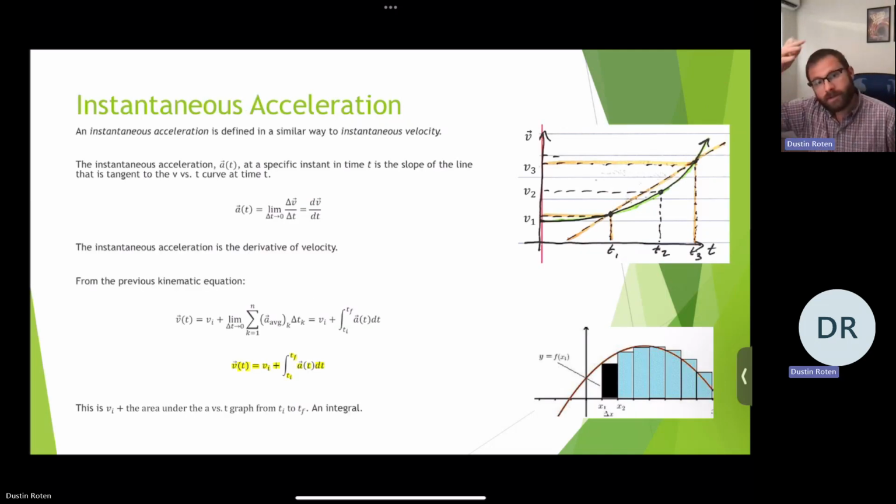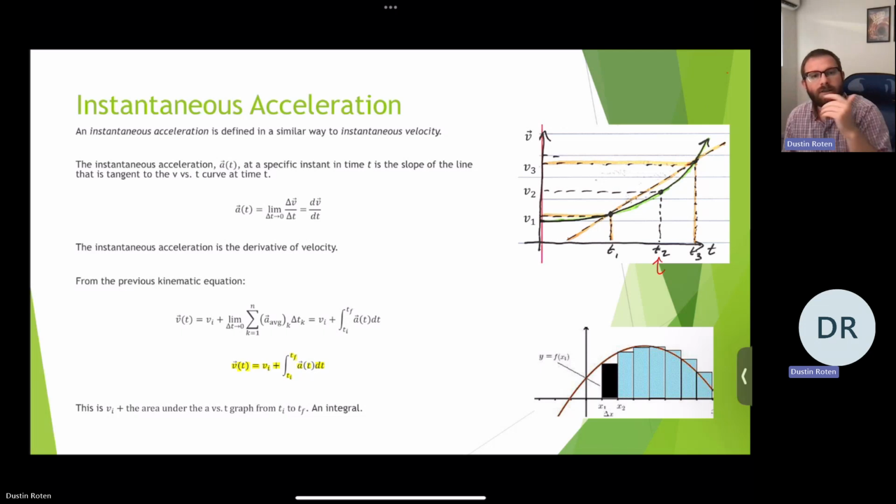All right, so again, we can also talk about this idea of instantaneous acceleration. So with an instantaneous acceleration, just like with an instantaneous velocity, well, we can approximate that. You'll notice here I've updated this chart from the last lecture. We have velocity as a function of time, and we're looking at this green line. And if we want the slope of the velocity versus time graph at time t2, well, that's essentially going to be a very particular acceleration